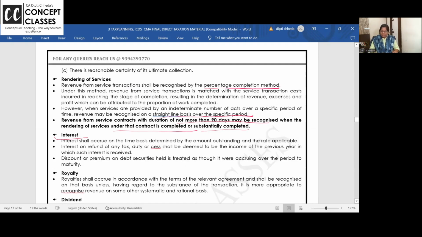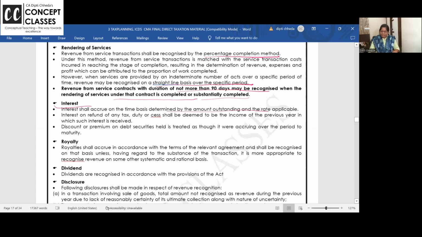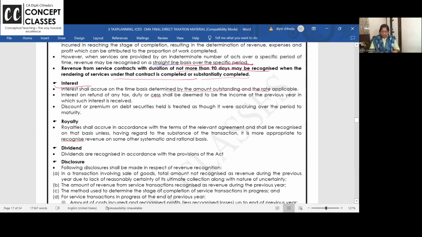When it comes to interest income, you have to record it on the due period basis. Royalty also shall be recorded on the period or some systematic basis. Interim dividend, you recognize in income tax under income from other sources. You all know not all dividends are taxable. CDT and DDT is not there now. Corporate dividend tax, dividend distribution tax. Even if you are referring to old books and scanners, till last year it was there, now not. Interim dividend is taxable when you receive it. Final dividend is taxable when the dividend is declared.